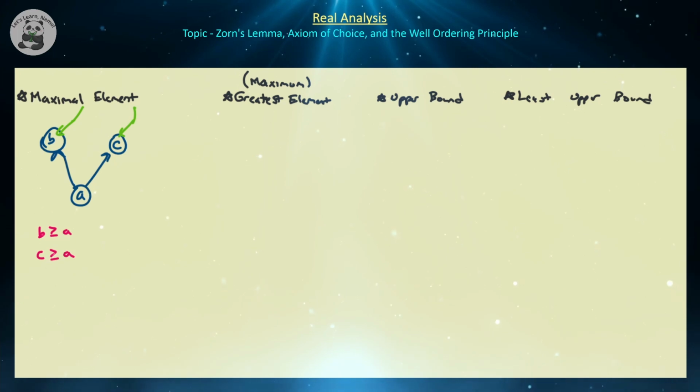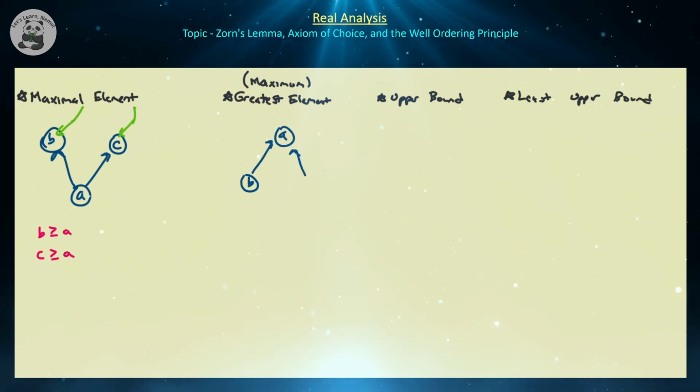Right? So obviously BA forms a chain, CA is a chain, therefore since B is greater than or equal to A, and that's the greatest element in that chain, then that is a maximal element within that particular chain. Now obviously notice I'm using the word greatest element, but I'm using the word chain along with it. So with the greatest element of a poset, what you would have is probably a picture that looks more like